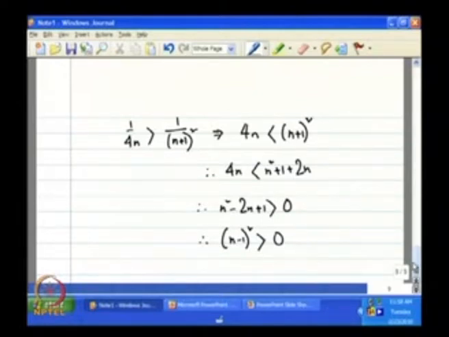The number of firms has to be at least 2, it can be more than 2. In those cases (n minus 2) whole square has to be greater than 0. So, we have indeed found a set of resource uses and a consequent set of output levels, which